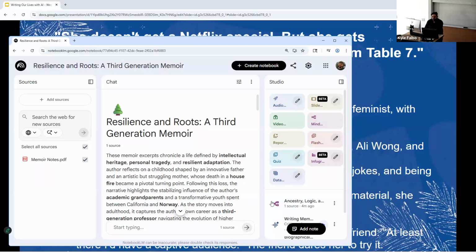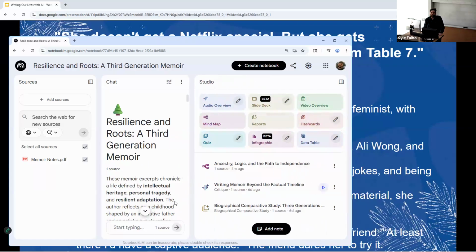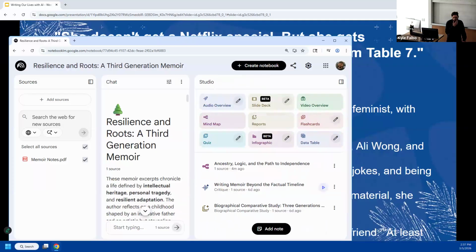Kyle, do you pay for this version of Notebook LM? It is entirely free. There is a paid version. I think the paid version gets you more notebooks. I've been using Notebook LM since it first came out, and I haven't filled up the number of allotted notebooks. I think it's maybe 100. So 100 folders, each with 50 files, with each file being up to 250 pages. That's a pretty expansive amount of information you can store on the free side.